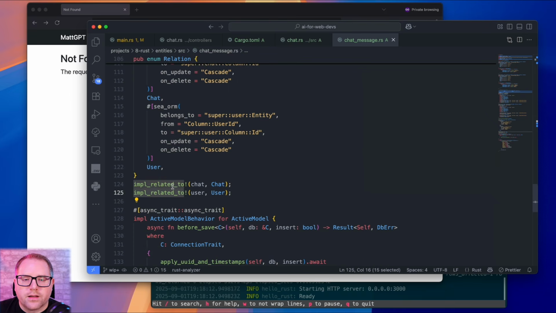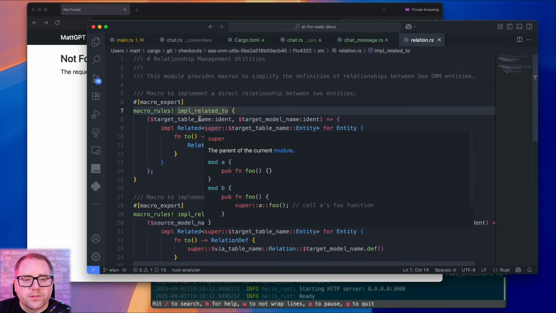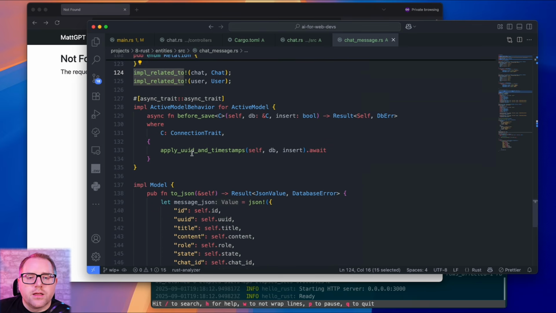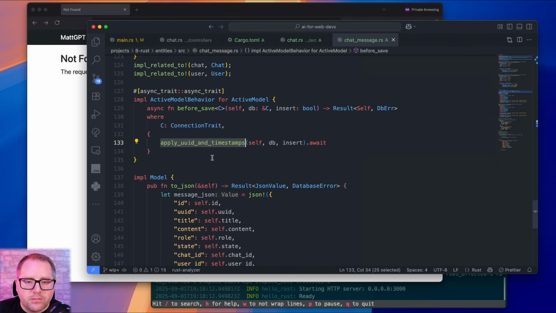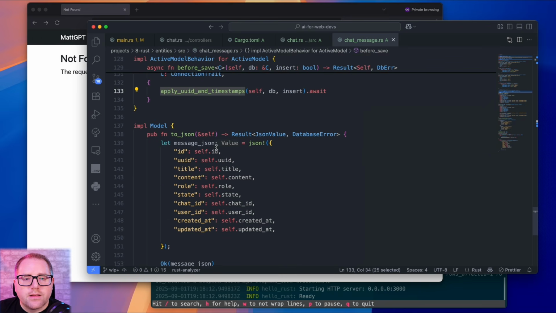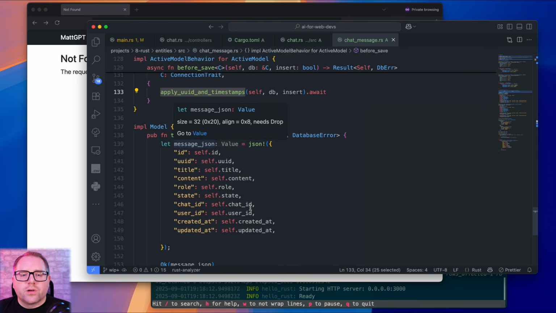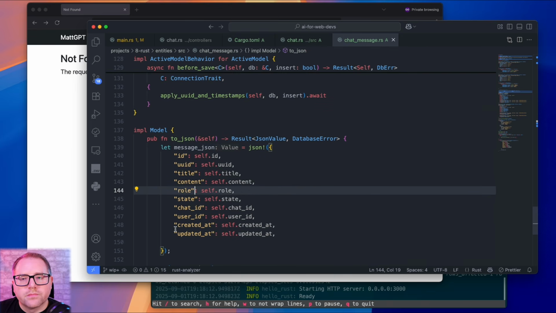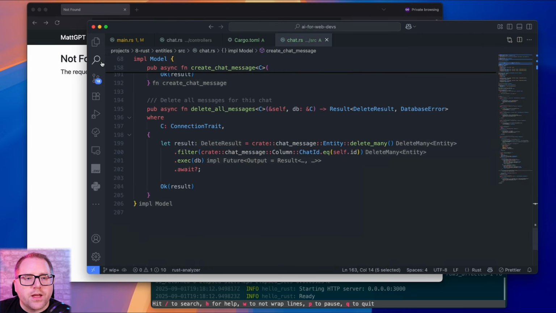And then again, a helper macro from our handy little utils crate to cut down on boilerplate. Similarly, a helper to do the UUID and timestamps logic. And for chat message, the only thing we're implementing as a helper is just the to JSON. And that does it for the chat message model.